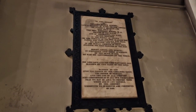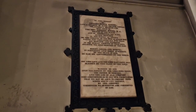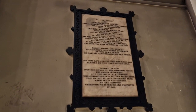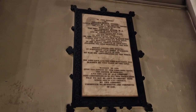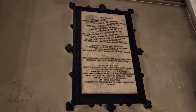Bright, loving and dutiful, in simplicity and goodly sincerity, by the grace of God, he had conversation in the world. The Lord gave and the Lord hath taken away. Blessed be the name of the Lord. Blessed be God,